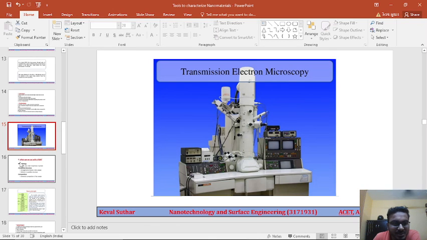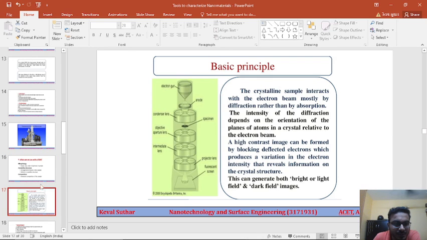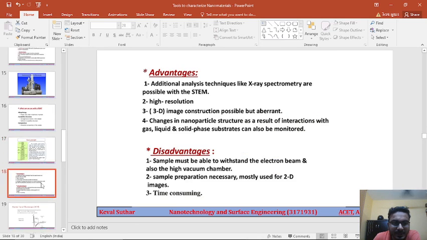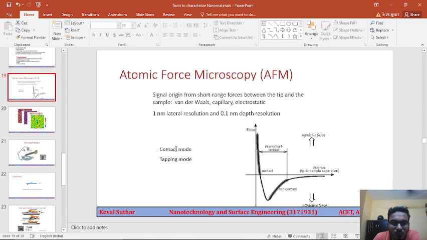So this is the transmission electron microscopy. It is used for obtaining the morphology, crystalline structure and composition. We also discussed the basic principle, advantages, disadvantages, and we discussed atomic force microscopy with two modes,